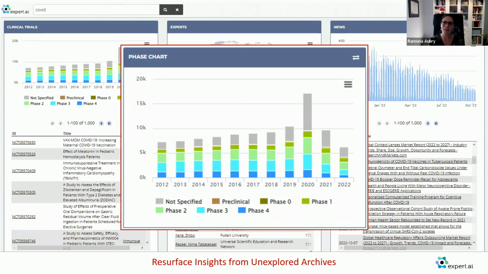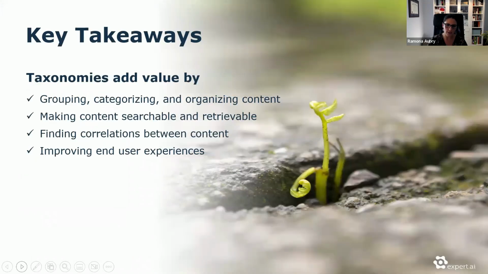So a lot of information to package in a few slides, but if you think about the ways in which taxonomies drive value, it's basically about tackling these problems that are around unstructured content that we want to standardize with a certain vocabulary that is specific to that domain. But I would say that it goes beyond that. My favorite way to think of taxonomies, I would say, and the key takeaways for the taxonomy work and how they solve business problems is that you can have different objectives when you start working with taxonomies.